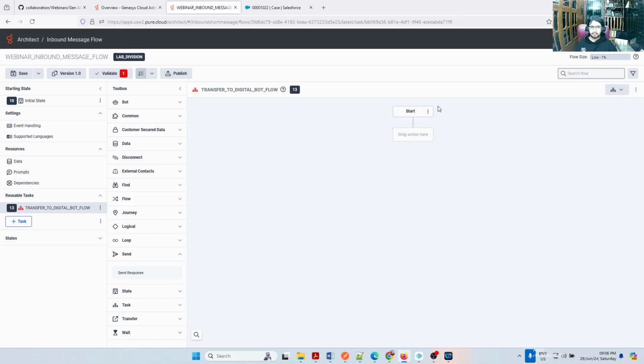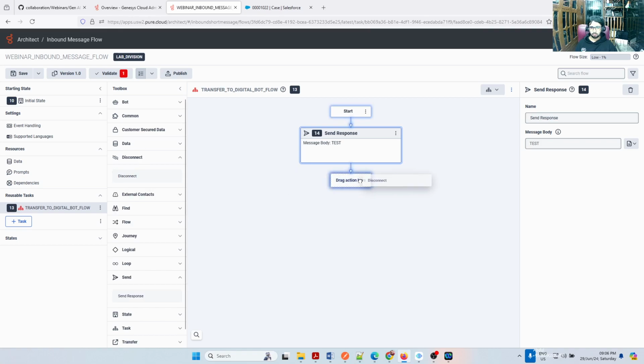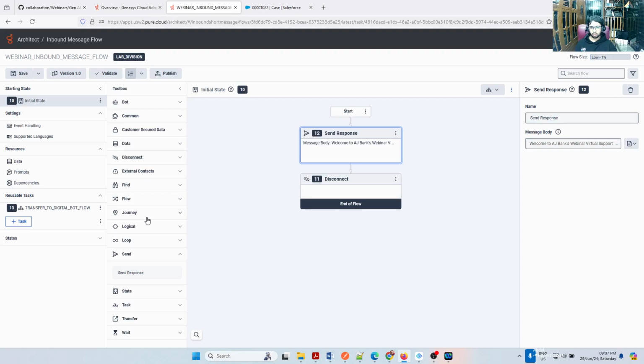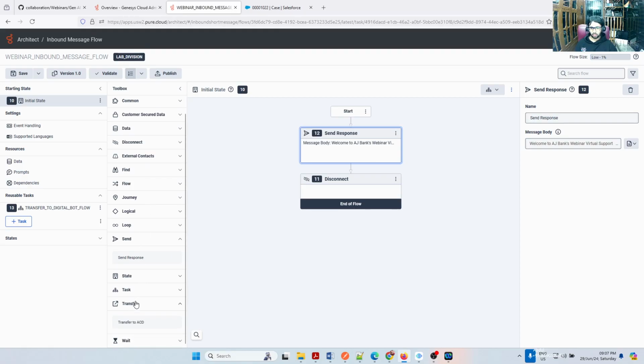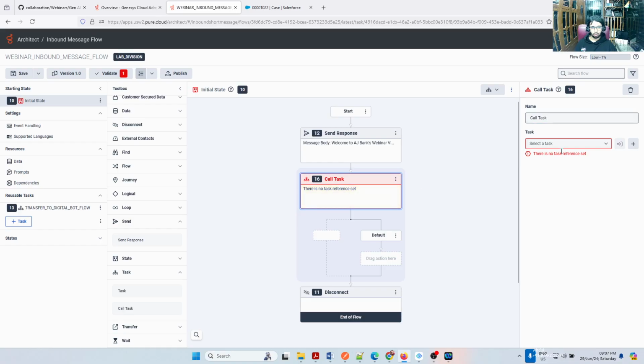Okay. Then for the time being, we'll give a test here. Test, that's it. The message will be test if it successfully transfers, and then I need to disconnect that. So the first task will be the initial stage. The initial trigger comes to this. Then here I will use an option called task and call task. I am calling a task. Drop it here. And which task do I need to call? I need to call the task which I created here, right?